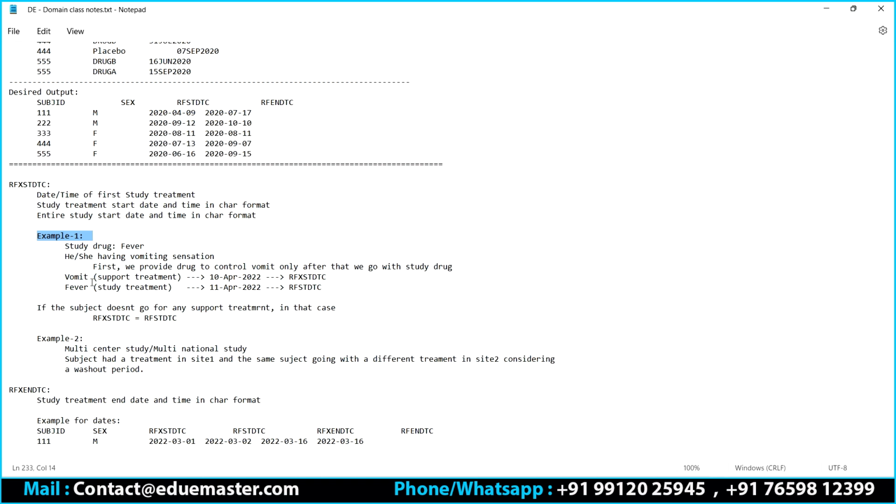In the regular cases also, you can see my study drug is going to be for fever. I want to go ahead with the fever. That is for fever treatment we are giving, right? But that subject is having some vomiting sensation. So to control the vomiting sensation, we have given one drug first. Once the subject becomes normal, then we proceeded with the regular study treatment. So ideally, I was supposed to start the treatment only for fever. Since the subject is having vomiting sensation, we have given some supporting treatment to him. That supporting treatment start date is nothing but your